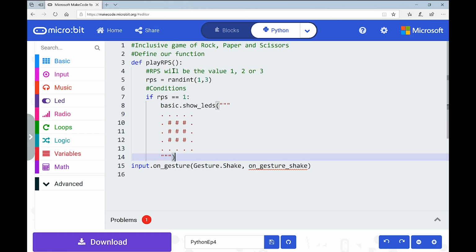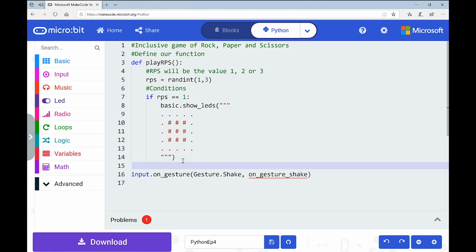So we've done that if RPS has picked the random integer 1, the condition is there now. It knows what to do. It can identify this situation for 1, but it doesn't know what to do for 2 or 3 yet. So that's why we have to keep going. So we're going to return. Now remember, we're still within our if condition here, so if I'm going to be starting a new one, I need to come back out of that, I need to backspace. And we talked about how we use the word elif and not else if, so we're going to say elif RPS, oh, spelled my name wrong, equals 2 and...